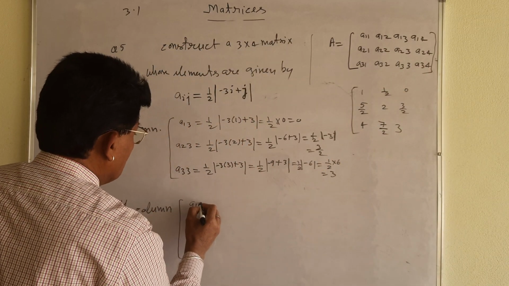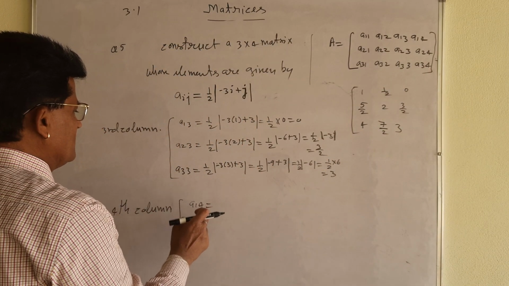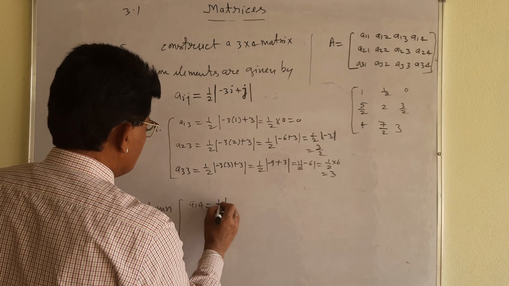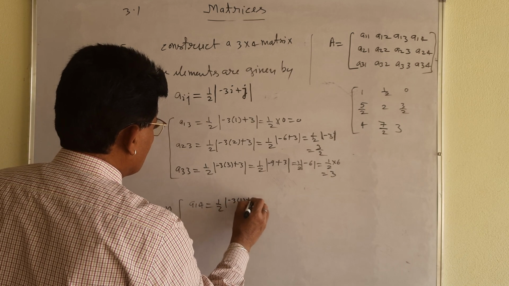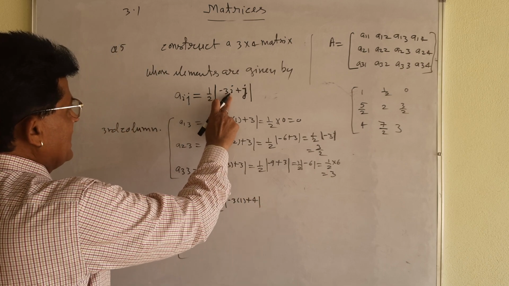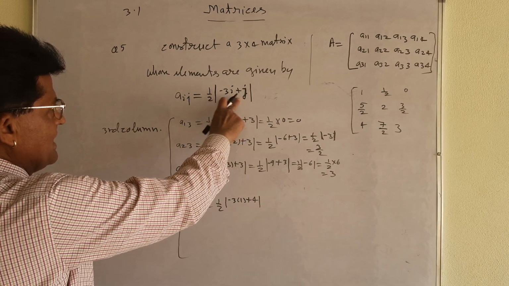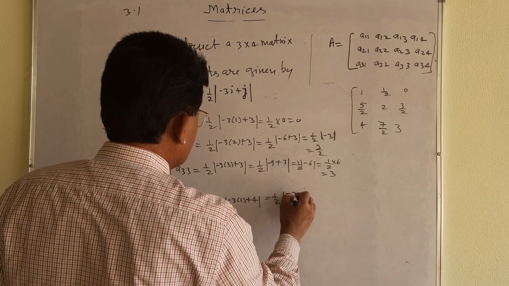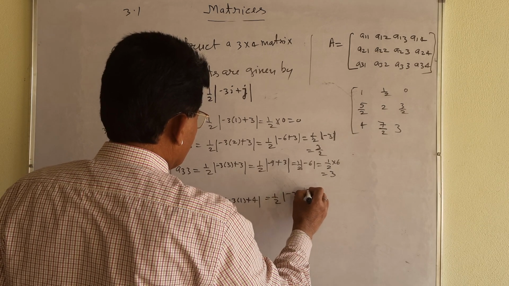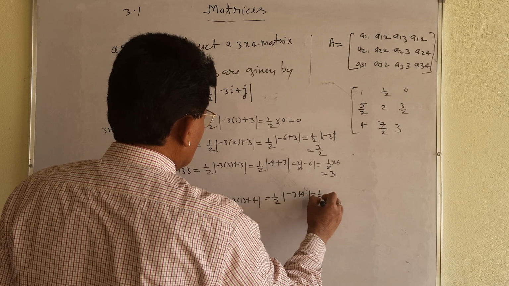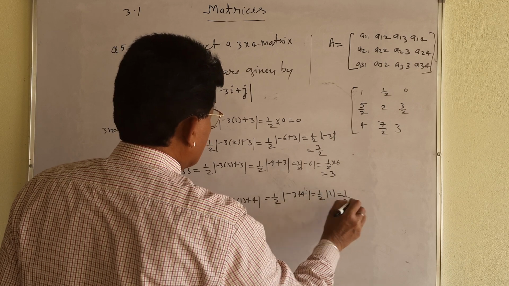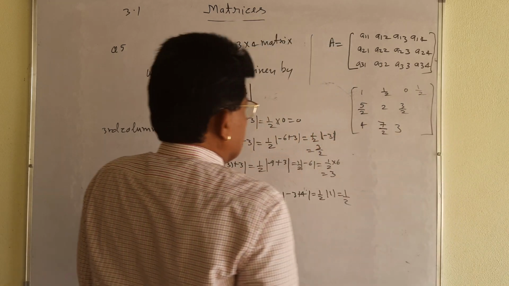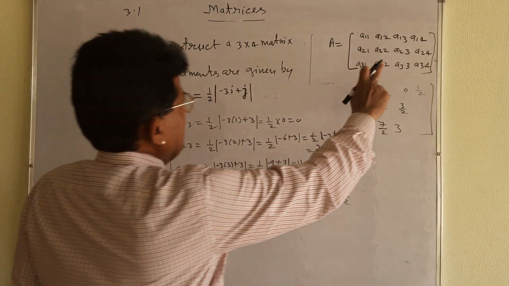अभी 3 और बाकी हैं हमारे. कौन कौन से? A14 निकालिए. Find out the value of A14. A14 will be equal to I1 J4. चलिए 1/2 |-3 + 4|. You see, I1 J4 इसमें अप्लाई करते जाना वैल्यू. It will be equal to 1/2 और |-3 + 1 + 4|, it will be equal to 1/2 और 1 that will be 1/2. ओके, यहाँ पे लिखे 1/2, ये मैट्रिक्स आ जाएगा आपके पास में.